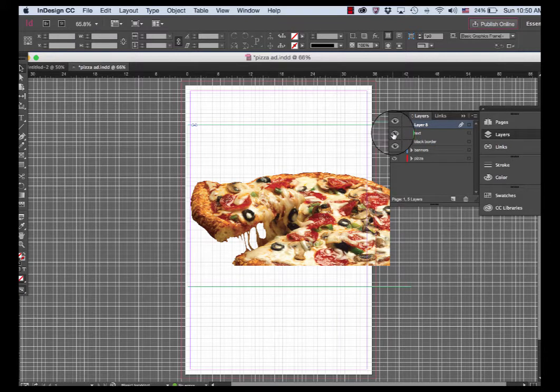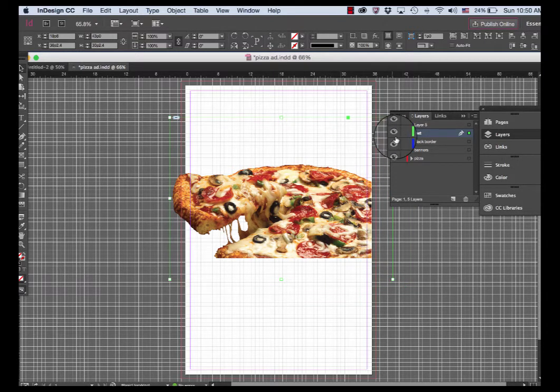let's see, my pizza is actually on my text layer. Okay, this is a great thing I need to show you. My pizza is on my text layer. I can click on it and I can see it has this green border. Each layer has a different color that tells you what is on what layer. So this pizza has a green border, and I put it on the text layer by accident. So I needed to click on the pizza layer when I placed the image to make sure it was